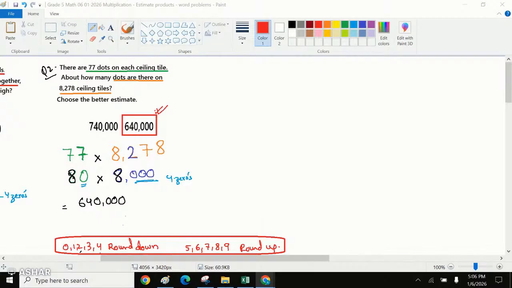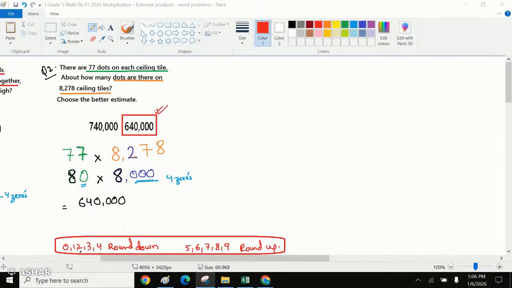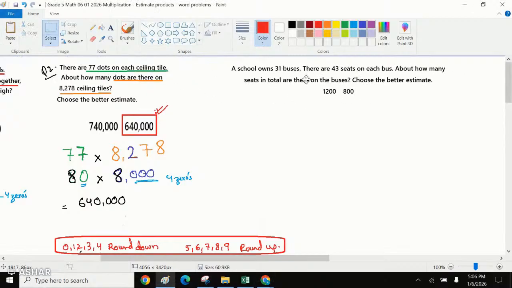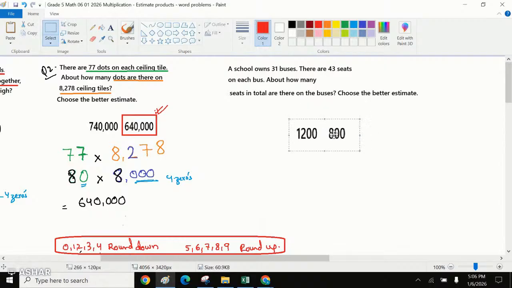Question number 3. You will also have these questions on your screen, once you're logged in. So once we move to the next question, you are also having the same questions on your screen. So for question number 3, I'll just realign this so that we have more space. The school owns 31 buses. There are these many number of seats on each bus. The estimates are given as 1,200 and 800, and we need to choose the better